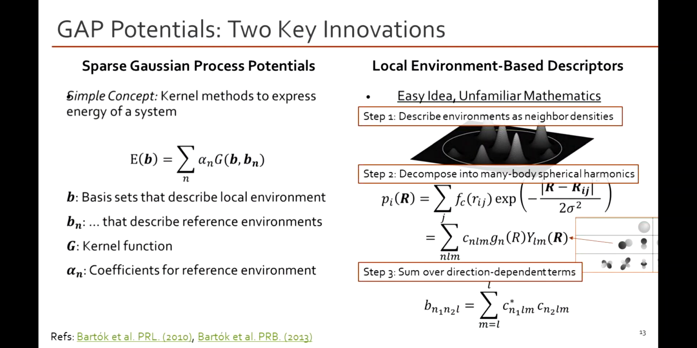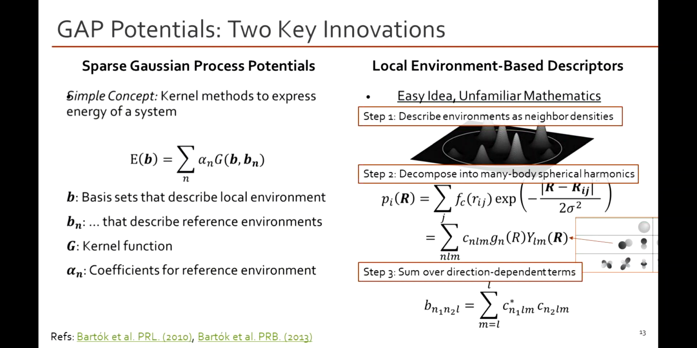Another very important class of interatomic potential based on machine learning are the so-called GAP potentials, or the Gaussian approximation potentials. The first innovation that enables these is their use of sparse Gaussian processes,